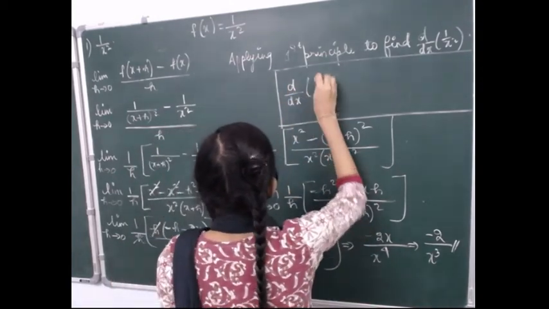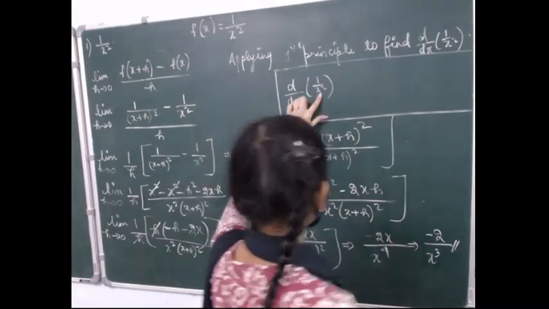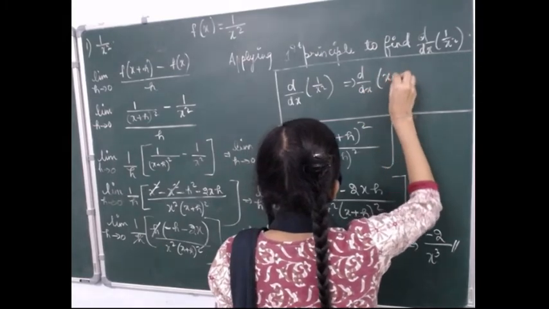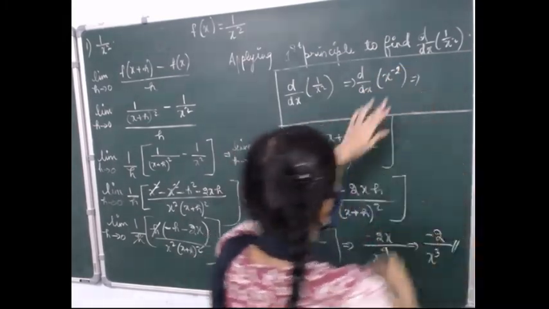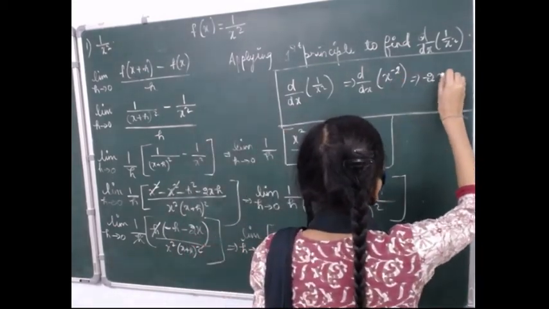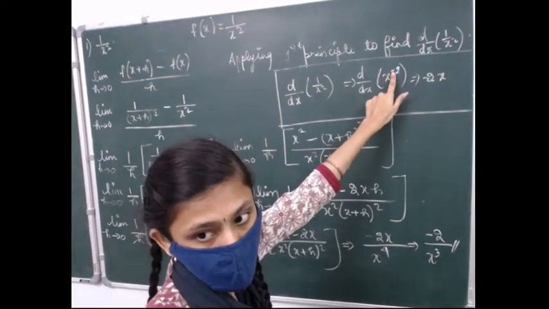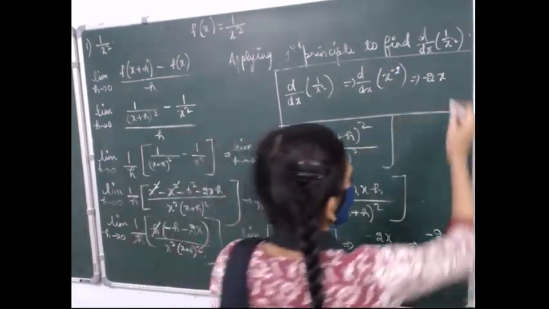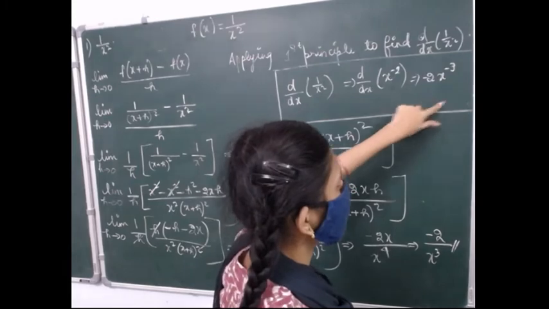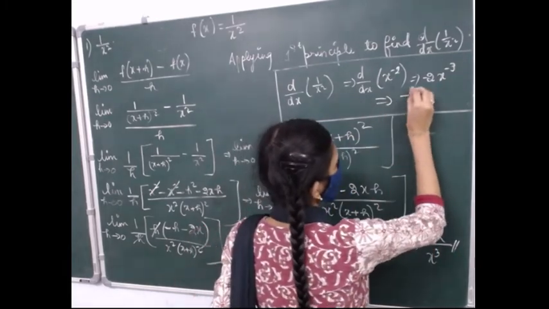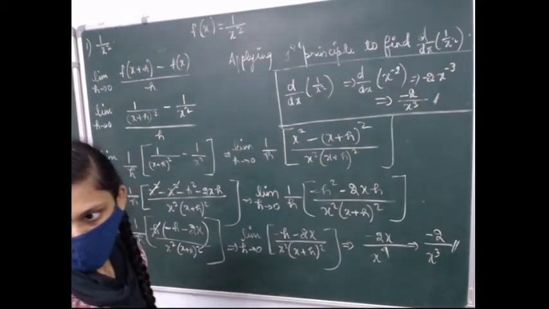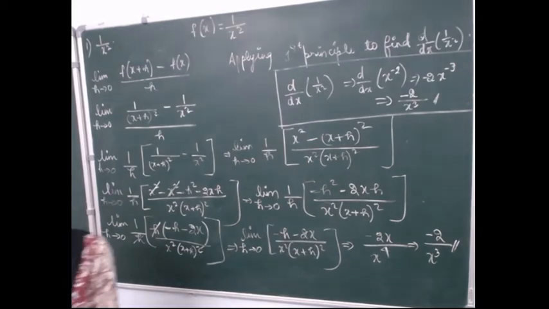So this is 1 by x squared. I am taking this x square to numerator. So when I take that to numerator, I will get it as x power minus 2. So we are applying the power rule here. So the power comes to the coefficient. So minus 2x. Here we have to do it carefully because we have negative sign. So minus 2 minus 1 you have to do. So you will get the power as minus 3. So we have to bring the x power minus 3 to denominator so that it becomes positive. So minus 2 by x cube. So hence we verified that both the answers are equal. Good. Very good.